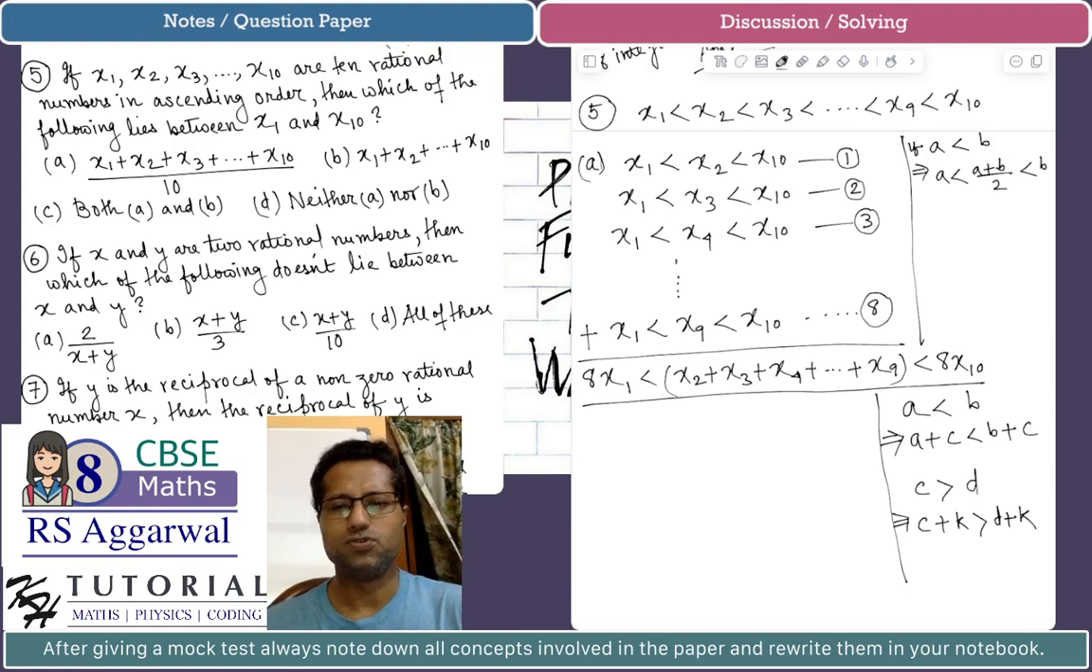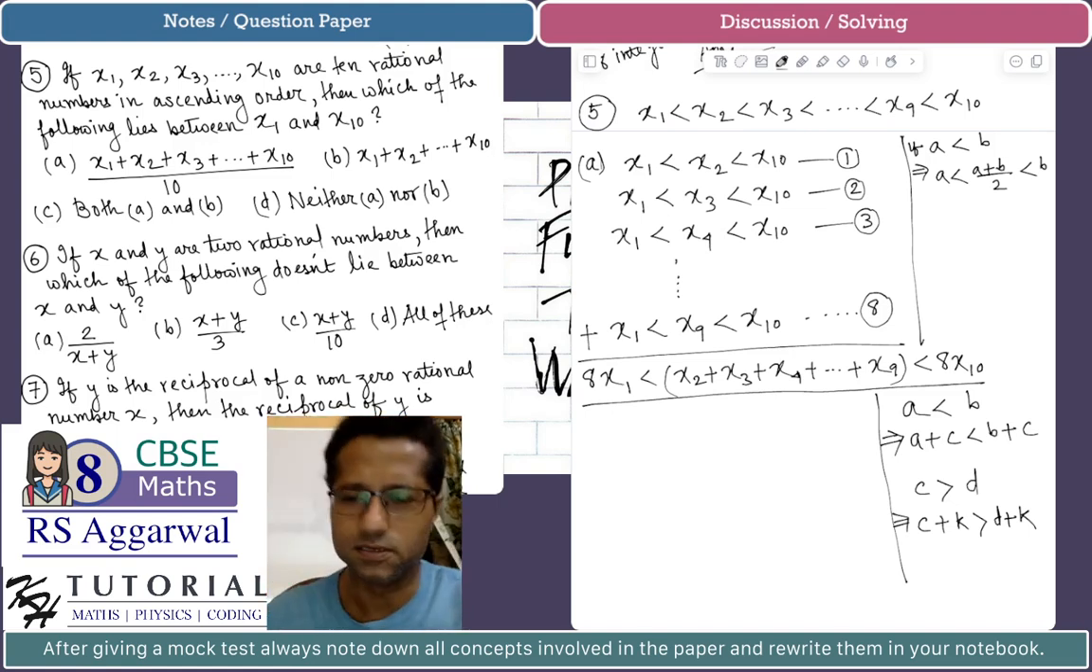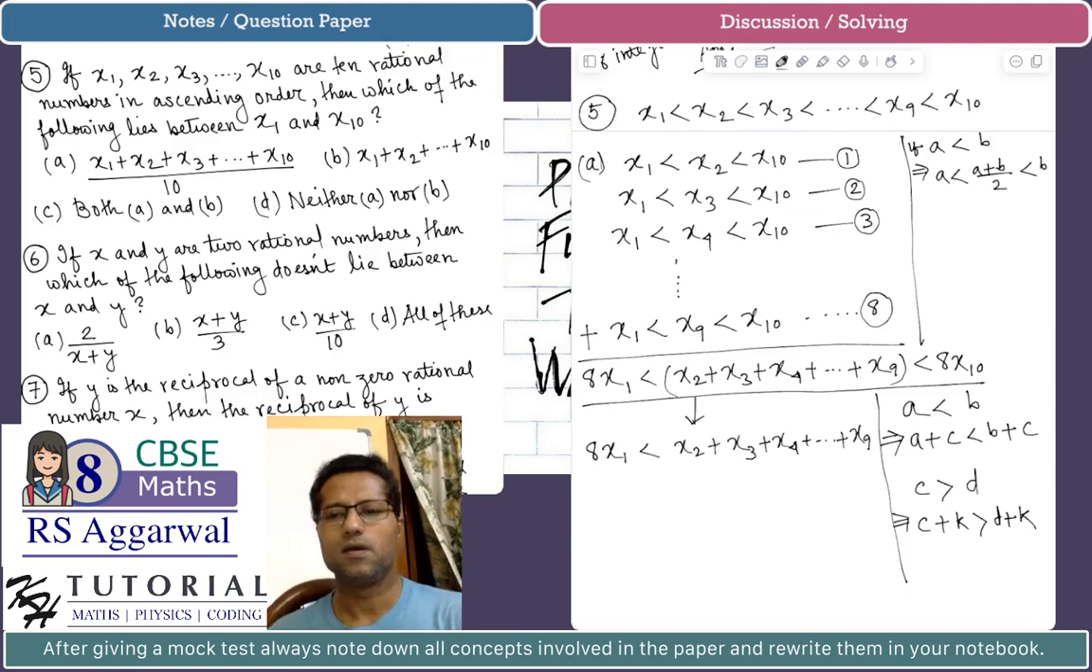Now, from this, I need to see whether the summation of x1 plus x2 plus x3 plus x4 up to x10, divided by 10, is lying between x1 and x10 or not. That is what I am trying to achieve. So what I have got from this is that 8x1 is less than x2 plus x3 plus x4 up to x9. I got this. Now,